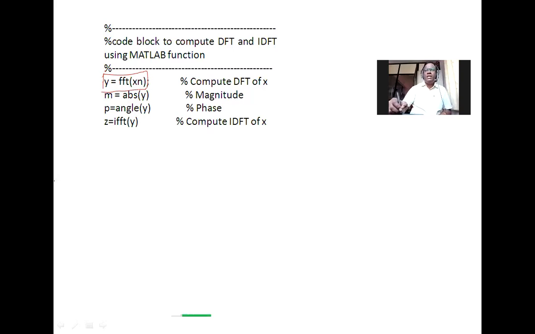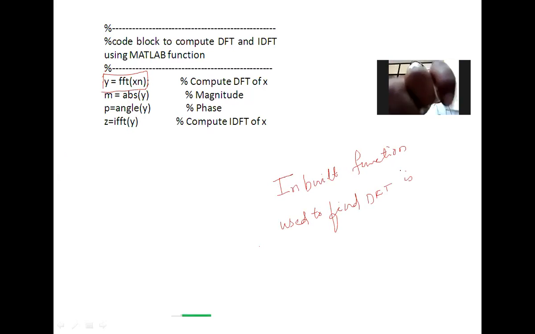The inbuilt function used to find DFT is FFT.